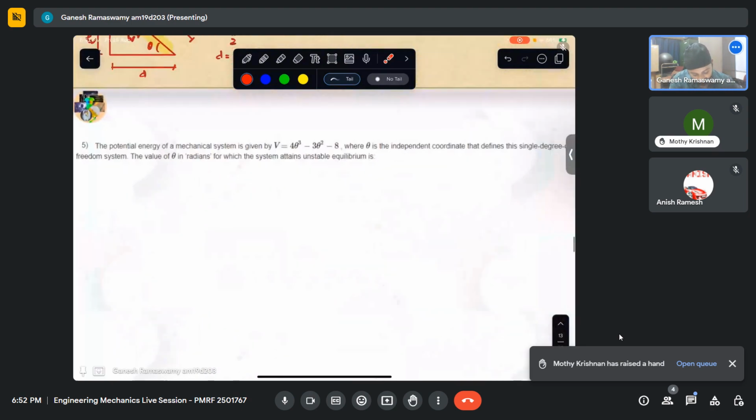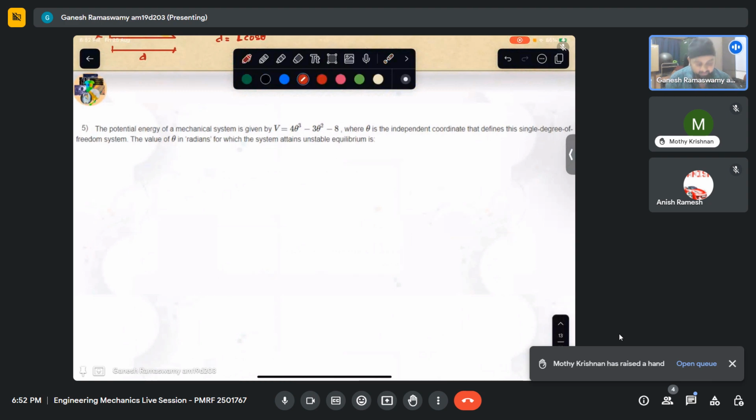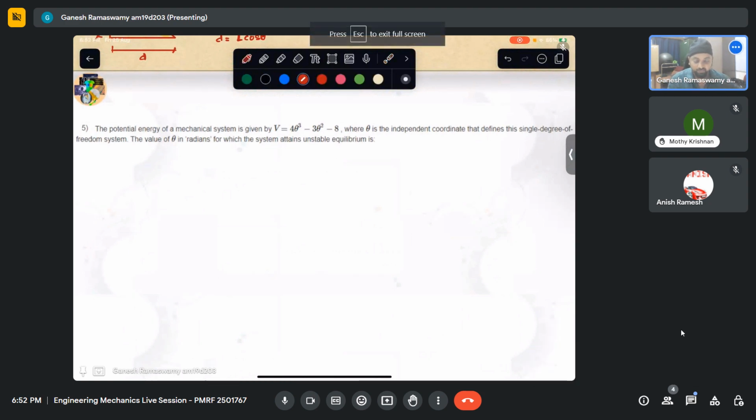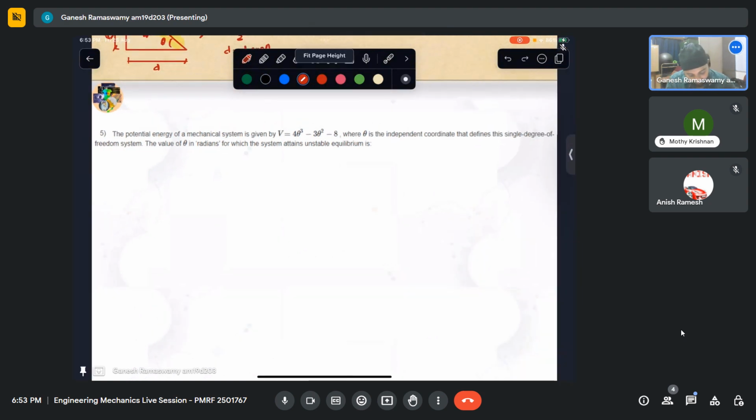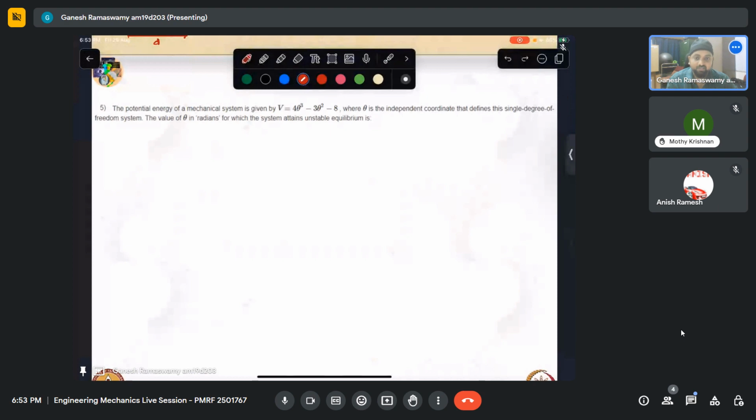Now let us just delve a little bit into the energy aspects also. Actually, it has been discussed in much detail in the lecture, so I won't delve much into it. I'll just touch upon it. What this says is, now we have seen that sum of delta W external equaling 0 is my principle of virtual work. Now for conservative systems,